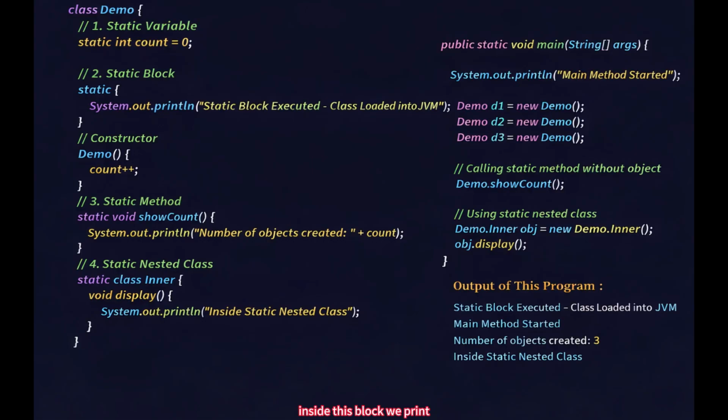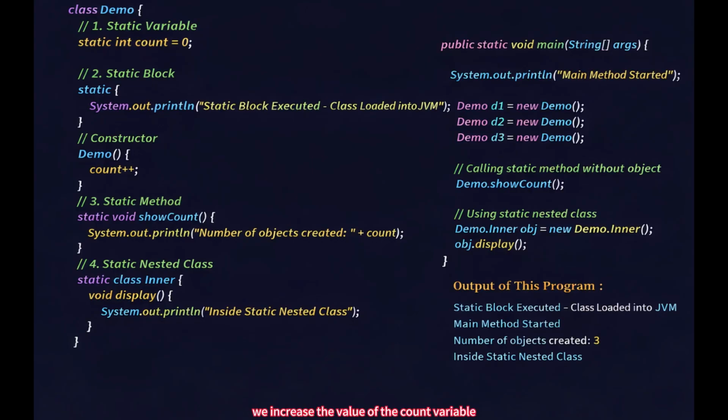Inside this block we print "static block executed, class loaded into JVM." So when this program is loaded into the JVM, this static block runs first and prints "static block executed, class loaded into JVM."